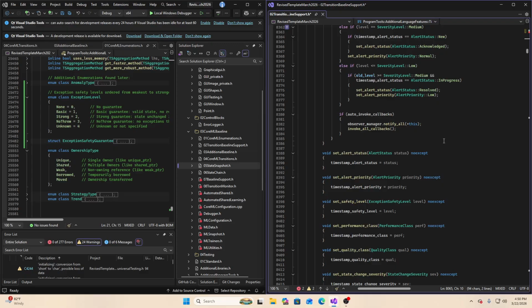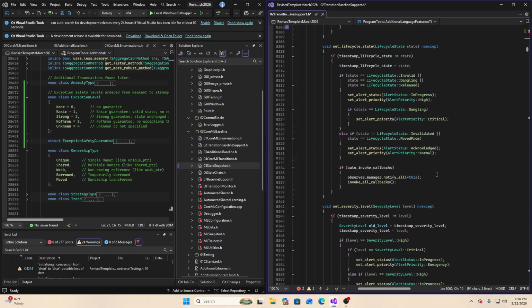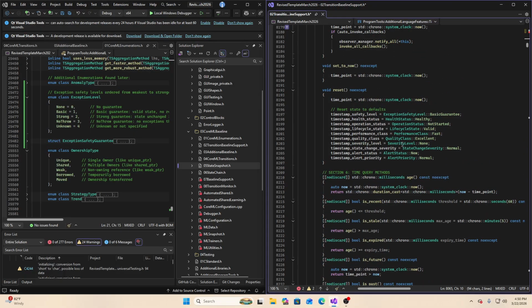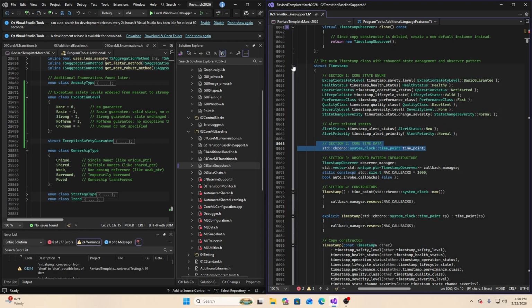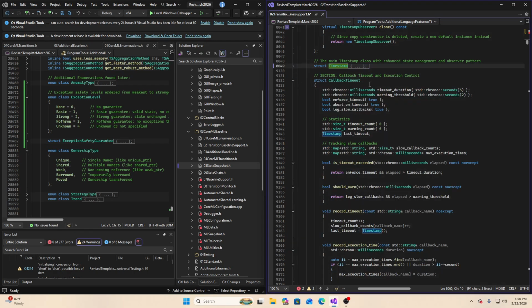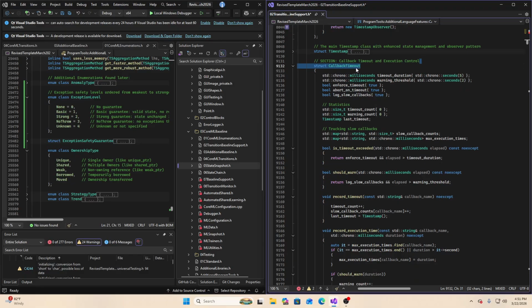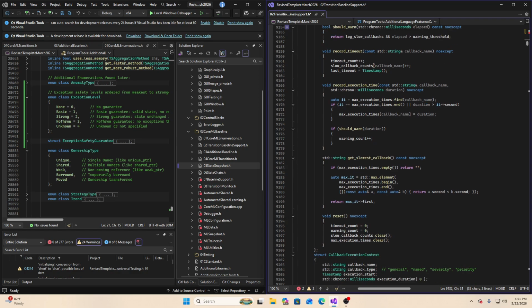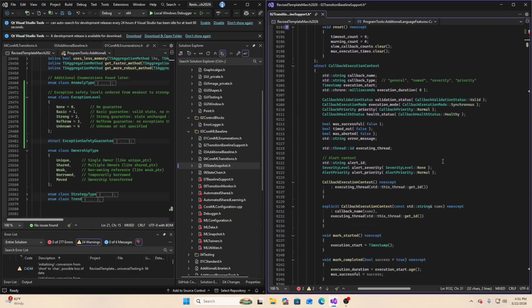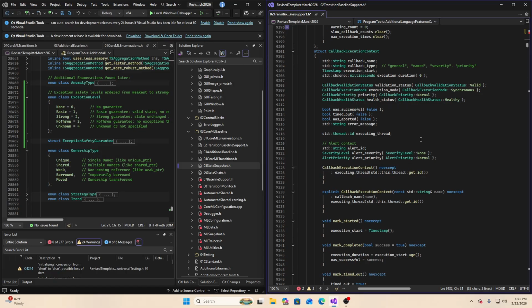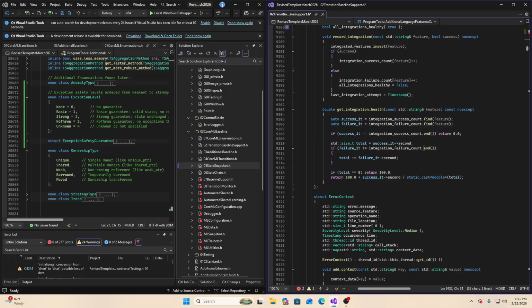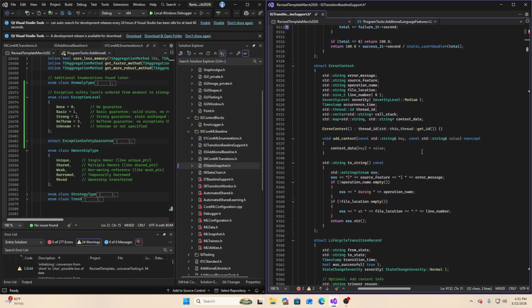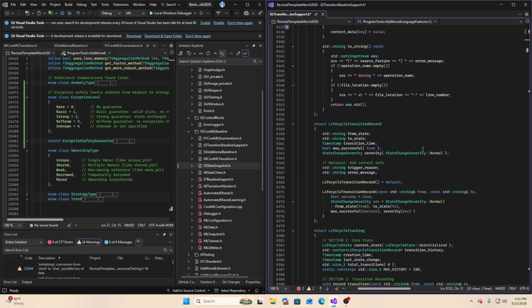A bunch of different functionality when all it was before was a time point. But I've expanded that time point to a timestamp. And then we also have a callback timeout, callback execution context, which has a timestamp in it. Feature integration status, error context, a lifecycle transition record,